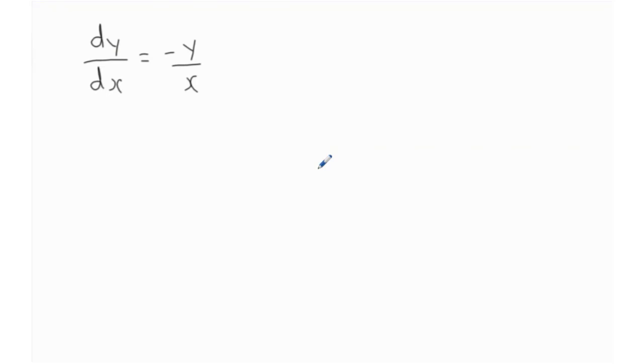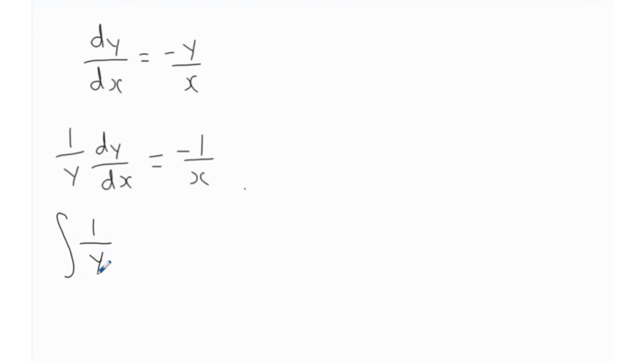So we want the y with the dy by dx. I'm going to leave the minus sign over there. So divide through by y, that would say 1 over y dy by dx equals minus 1 over x. Now we can integrate both sides with respect to x. So that would be the integral of 1 over y dy by dx equals the integral of minus 1 over x dx, so I can write that as minus the integral of 1 over x